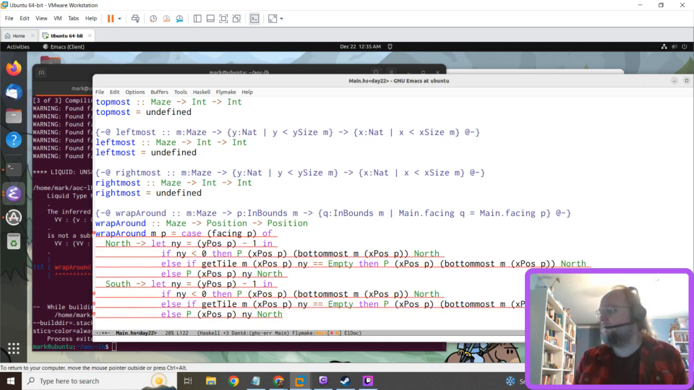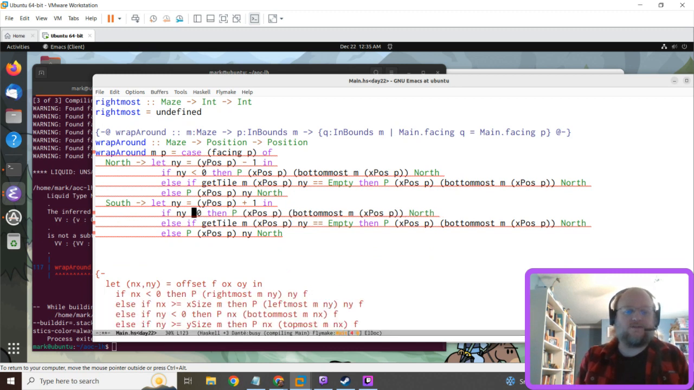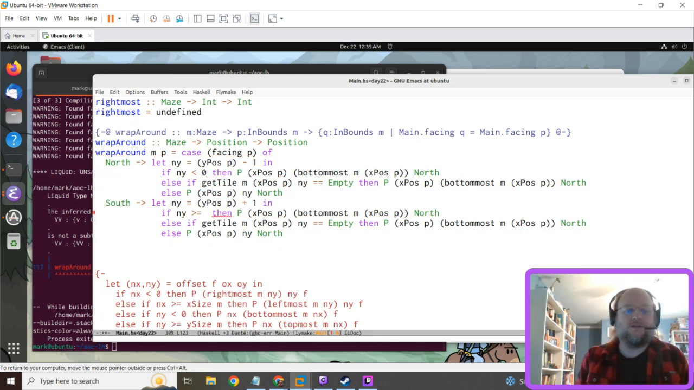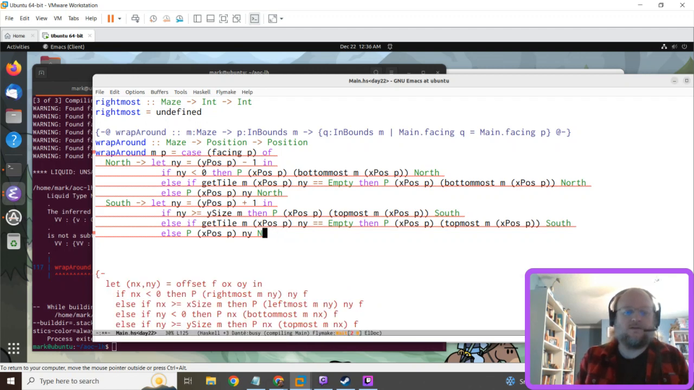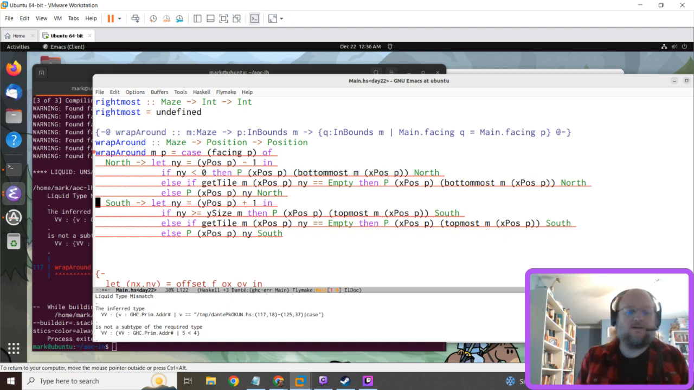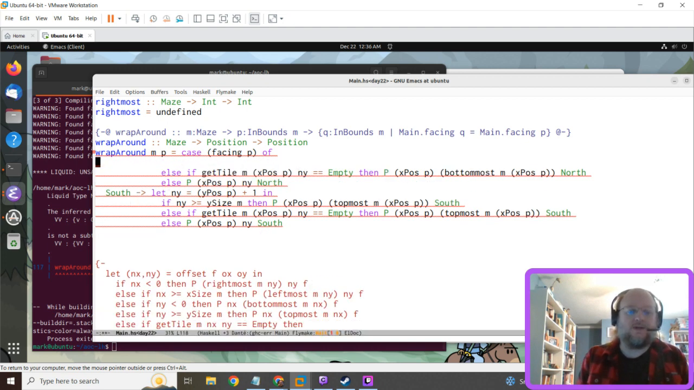South is +1. So if new y is greater than or equal to the y size of the maze, topmost, south. Okay, and then let's do west,